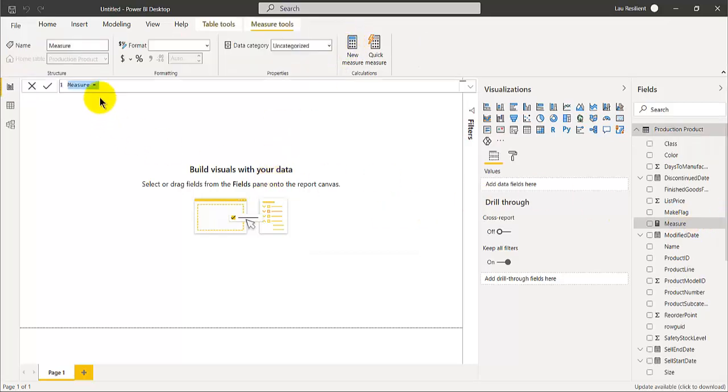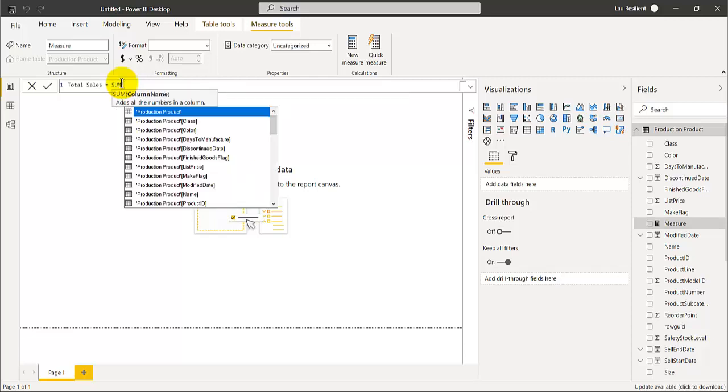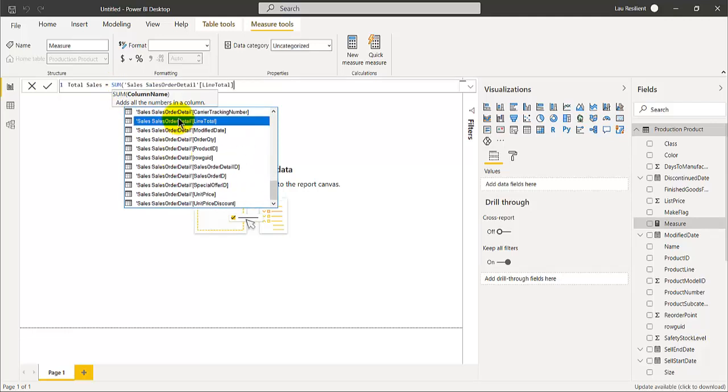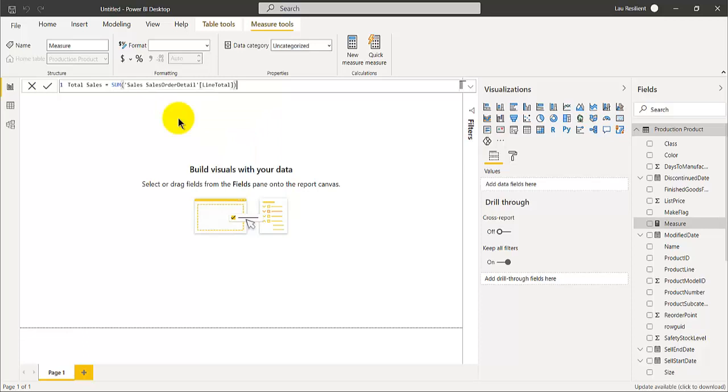What if I just want to sum all? So I can just call it total sales. And then I have my sum function. It's the easiest to understand, and that is just called the sales line total. So enter,